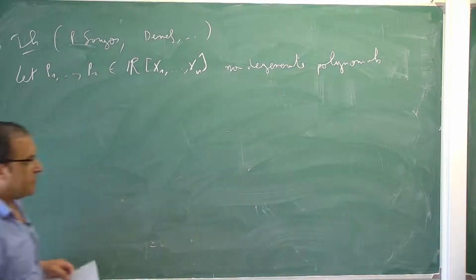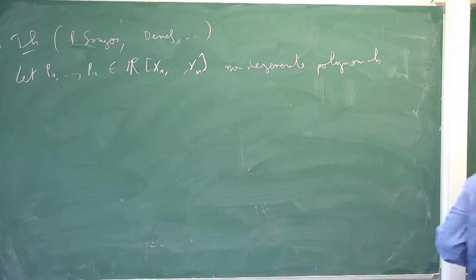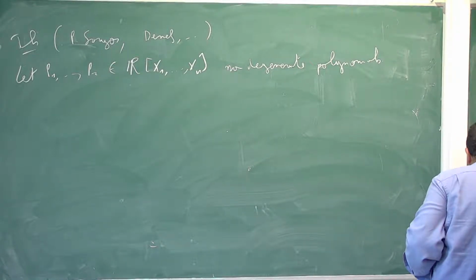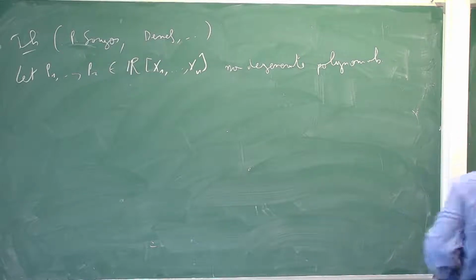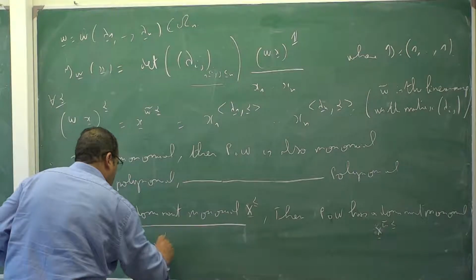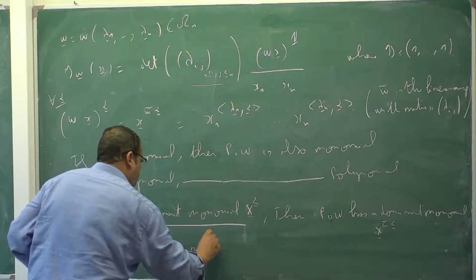In this talk, because we are working in the quadrant, I will take the following as a definition of non-degenerate. We will say that the polynomial P, defined in this form, is non-degenerate